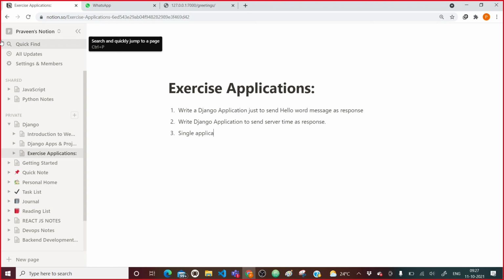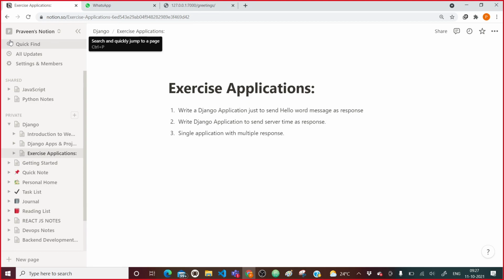After that, a single application with multiple responses. These three are the things which I want both of you to do. These three exercise applications I want both of you to finish by tomorrow. If it is done by you, it's well and good, I will be happy.